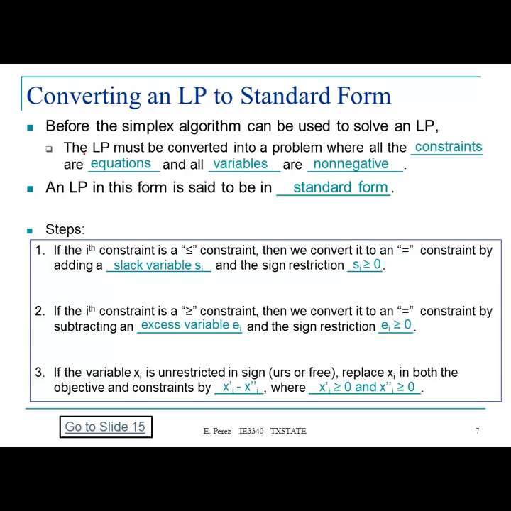So we're going to have x prime minus x double prime of the same variable. And that will help us to formulate our LP into a standard form. And you'll see how now. So if we go back to the example,